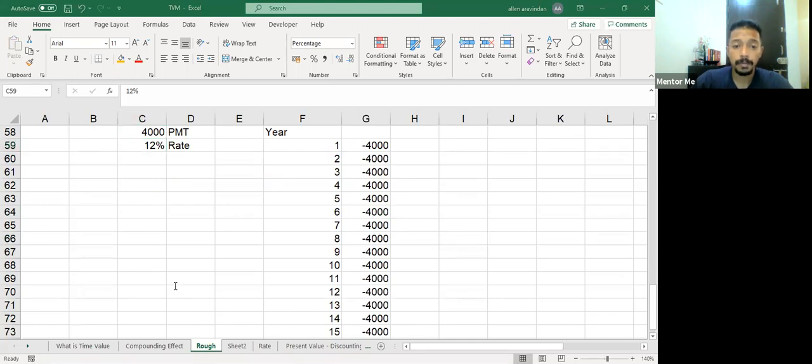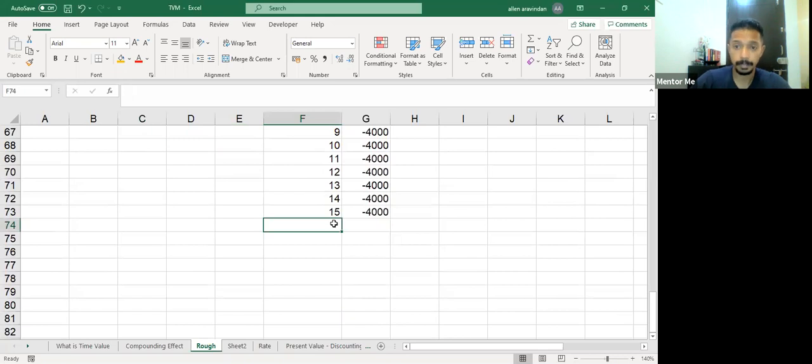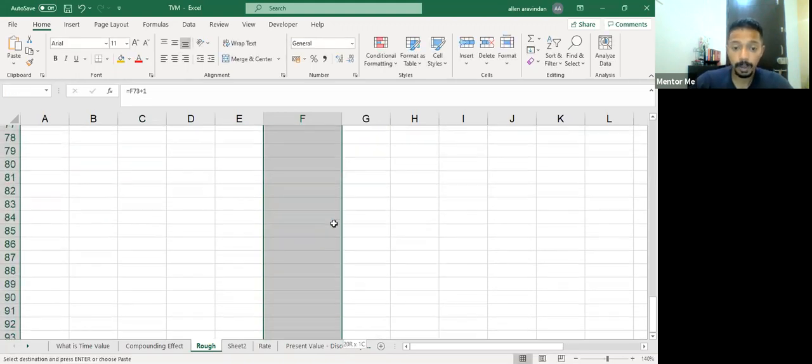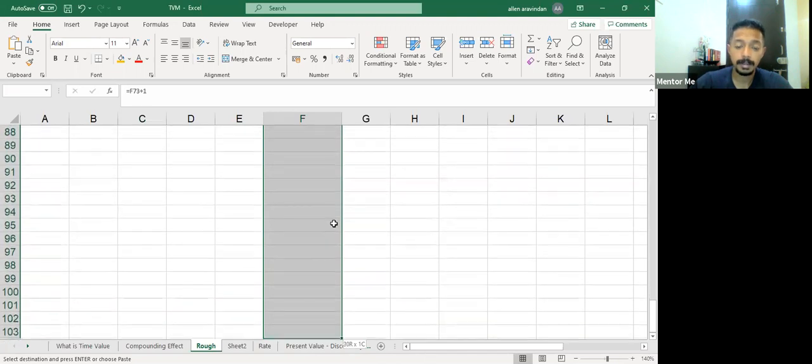And start drawing money out of the account in equal installments after that. How much could you draw out each year for 20 years? As far as I can understand, what it's asking is after 15 years, another 20. So that means we're talking about 35 periods in total for the question. So if I just keep on extending this,